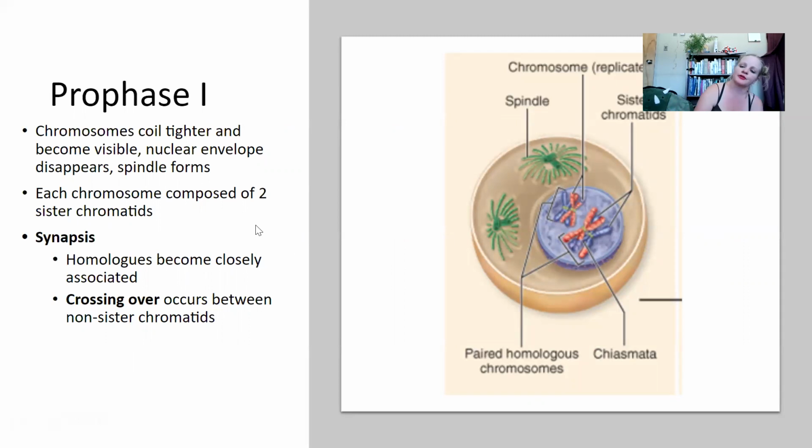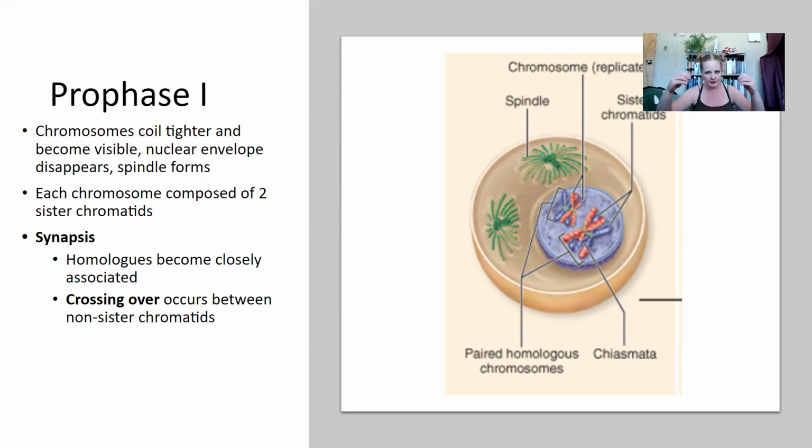Okay, so prophase 1. In interphase, all of our DNA is just kind of loosey-goosey floating out. In order to get ready to replicate, we've got to pack it all up, just like when you're ready to move house, you pack up all your nice fine china, make sure it's safe, labeled properly, and that it doesn't get lost or broken. That's what's happening with the DNA. So we're going to coil it up and make it into these condensed chromosomes, so everything stays nice and tidy.